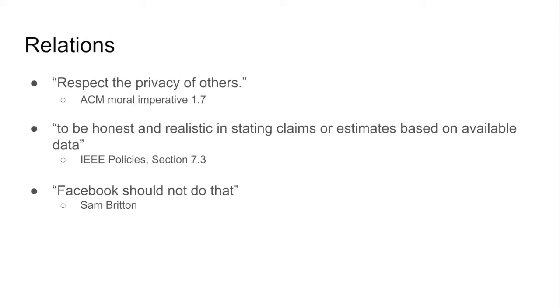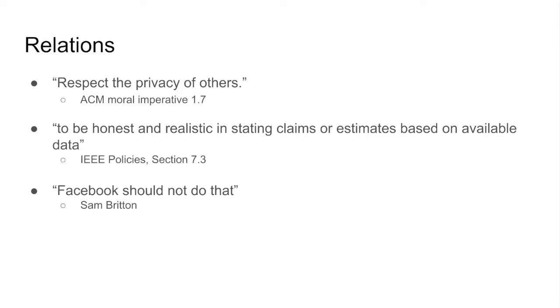Now, we'll take a look at how this lines up with the ACM and IEEE codes of ethics. First, ACM Clause 1.7 states that we should respect the privacy of others. Facebook has violated this by misleading users into giving them permission to store their text and call logs, and the creators of operating systems have also inadvertently enabled Facebook to do so by granting them a lot of power with a single permission that grants access to contacts.